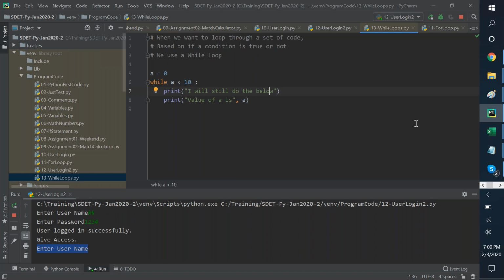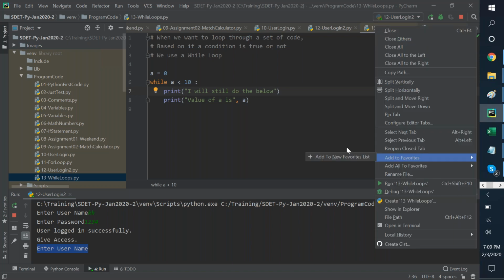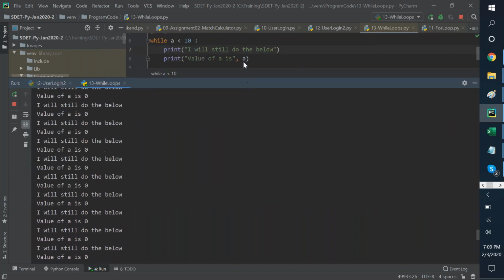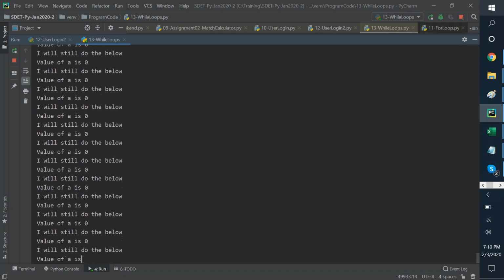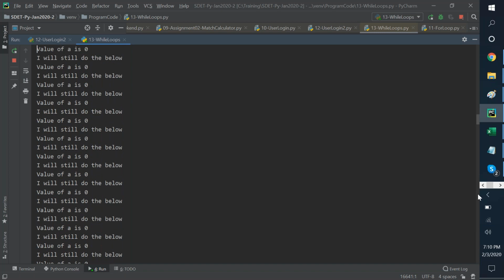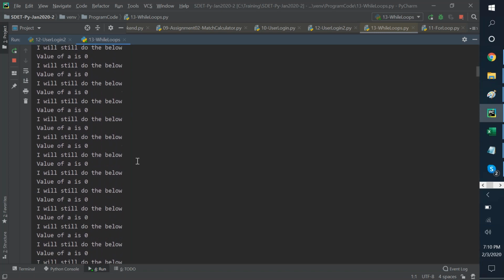Is that a fair assumption? So now let's run it. Do you see what's happening here, everyone? And it's crawling by pages and pages.